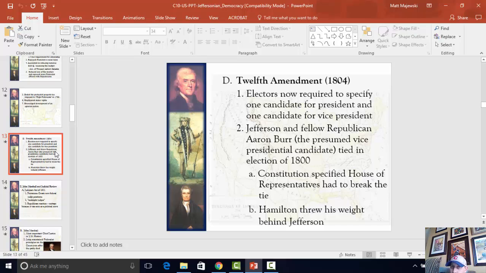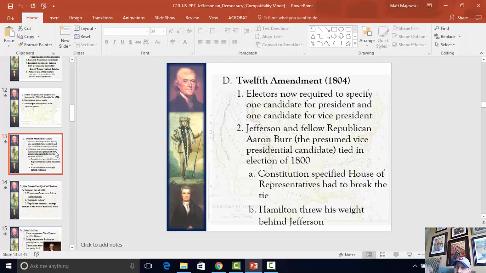Now, hey, they knew Jefferson was the president and had won the election, so they went ahead and declared Jefferson the winner. Hamilton, in fact, threw his vote behind Jefferson because he hated Aaron Burr so much, if you remember, because of some of these feuds they had previously when Burr was still technically a Federalist. So ultimately, Jefferson's declared the winner, but this leads to confusion about what would happen in the future.